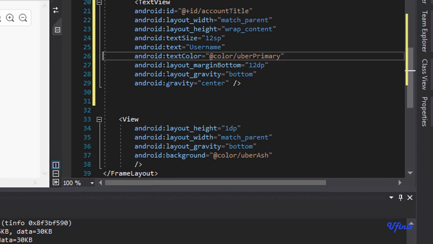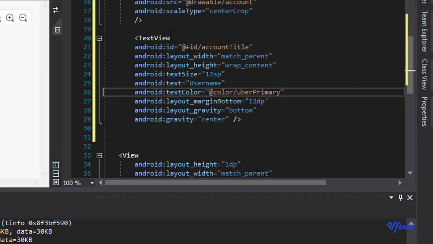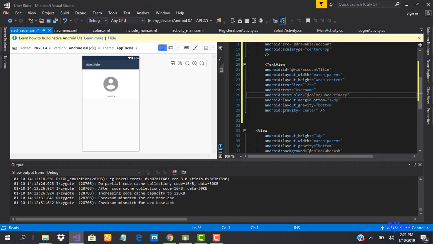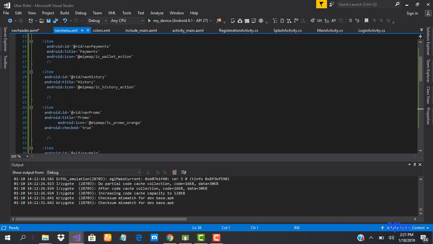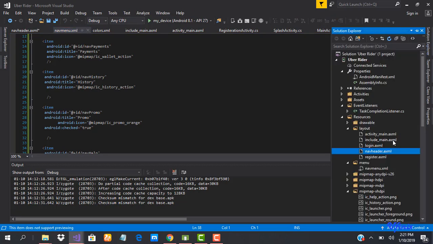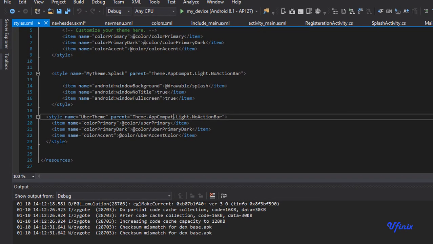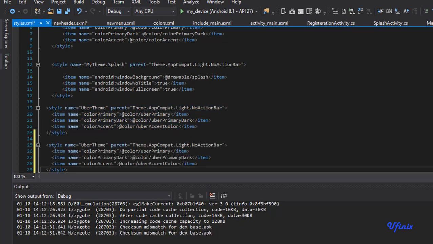Okay guys, so this is what we have for our text view. So everything is fine now, right? So what I did was to add some colors to text view, and I think everything is okay. So like I said, the next thing we need to do is I want this to be orange. So to achieve that, we more like need to define a new style. Okay, so we'll go to our style.xml and define a new style. This style will be very special for our navigation view. Okay, so let's call this